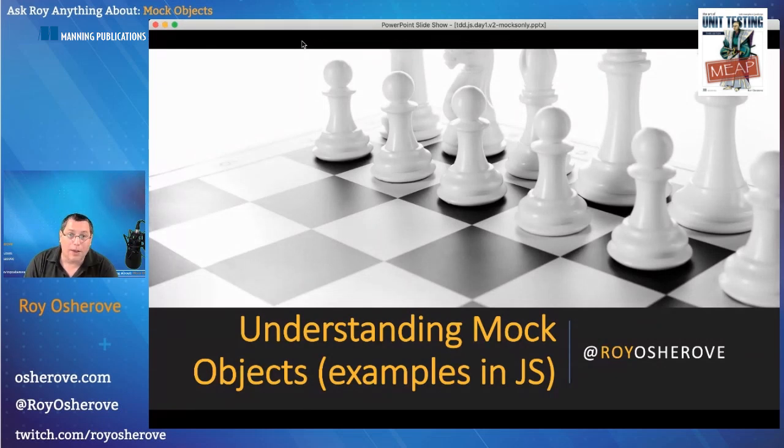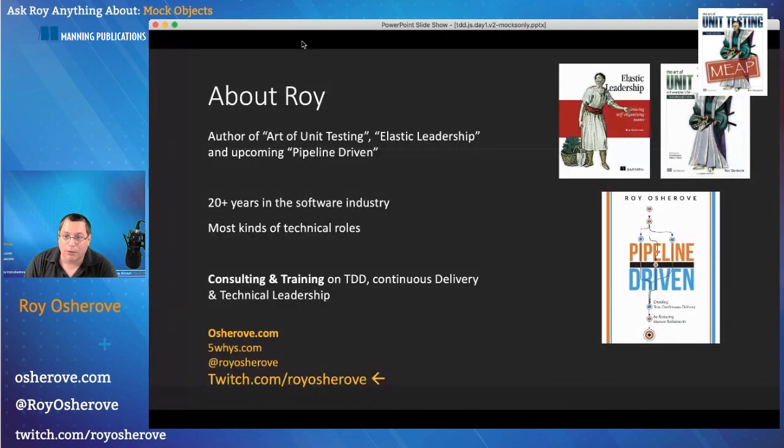Oh, by the way, I'm going to do all of the examples in JavaScript because I wrote a book called The Art of Unit Testing, and I'm currently writing the 3rd edition of it. So the first 2 editions were written in C#. The 3rd edition is going to be rewritten in JavaScript. We already have the first 4 chapters ready. They're actually part of the MEAP, which is the Manning Early Access Program. So chapter 4 is really about mock objects. I'm going to cover a lot of the material from chapter 4 and also chapter 3. So if you're interested, a lot of this is going to be based on that book.